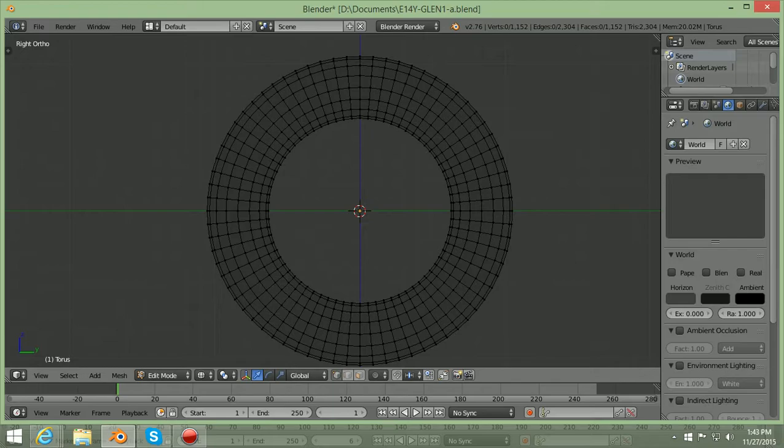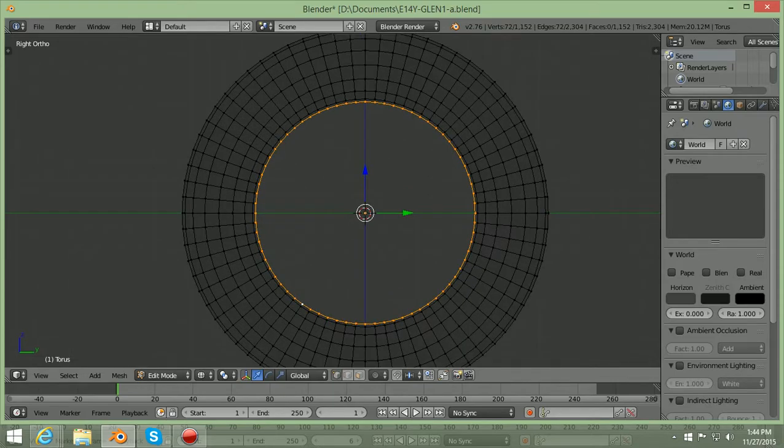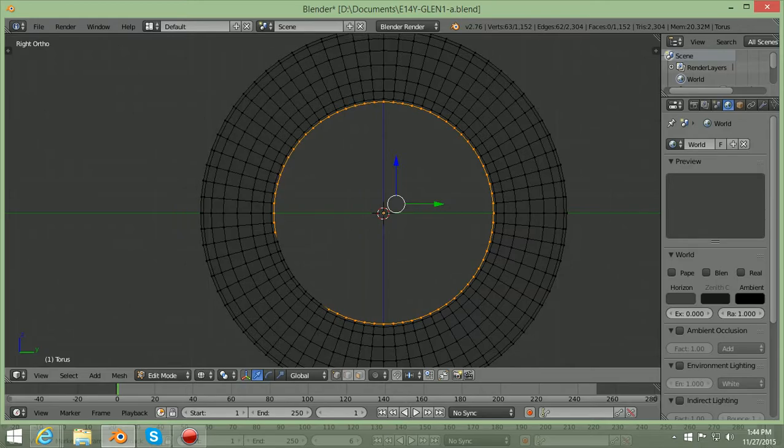So if you push Control on your keyboard and hold it, then you left click on your mouse. Why is it not working? Is it Alt? Oh, yeah, you can actually select the whole rings using Alt too. But you should be able to control. Oh, I know why, because I changed it. So it's not Control left click, it's Control right click. If you push Control and you push the right mouse button, and unless you have select with the right,